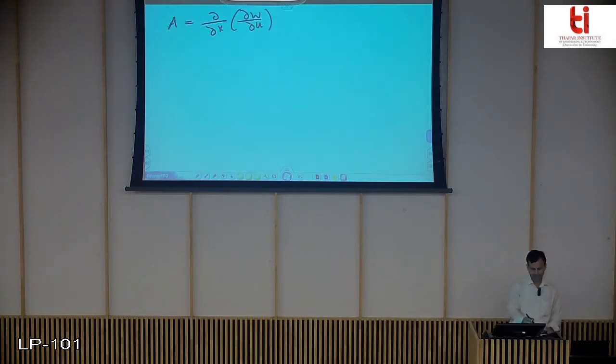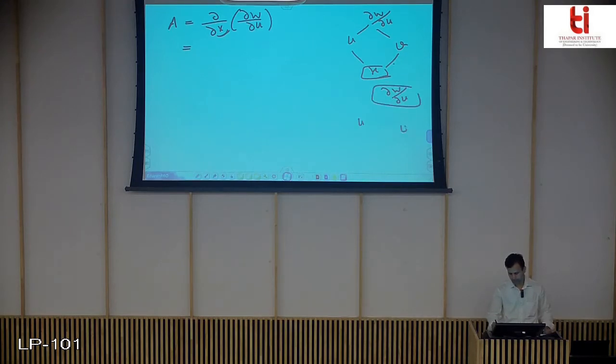Now, when we are differentiating this del w by del u with respect to x, what is happening here? Del w by del u is a function of u and v. We are again going to use the same chain rule for finding the derivative, and u and v are functions of x and y. But since we are differentiating with respect to x, I am taking x here. Otherwise, the situation is somewhat like this one: a function of u and v, and they are again functions of x and y. So this is the situation that we are going to work for.